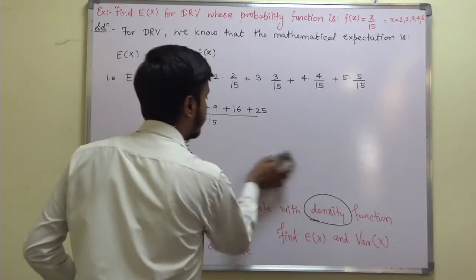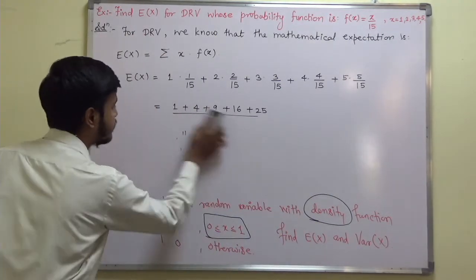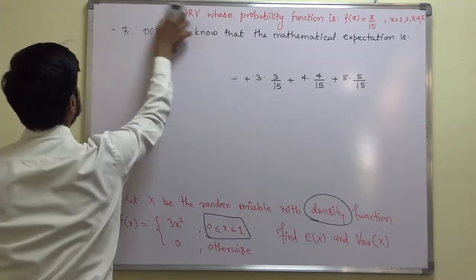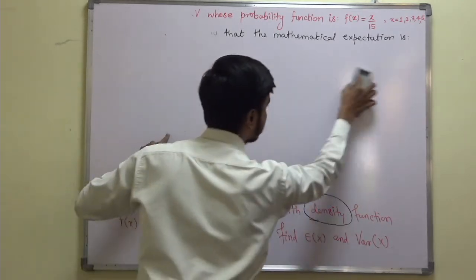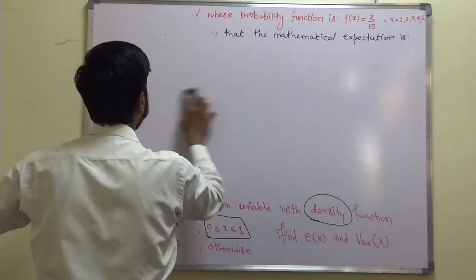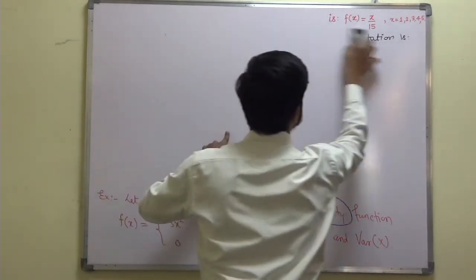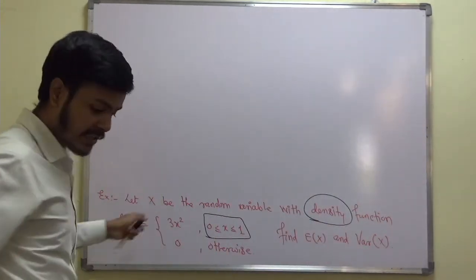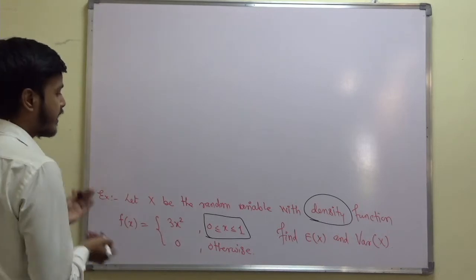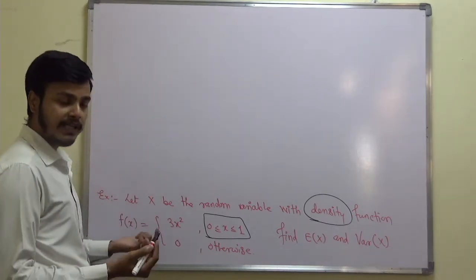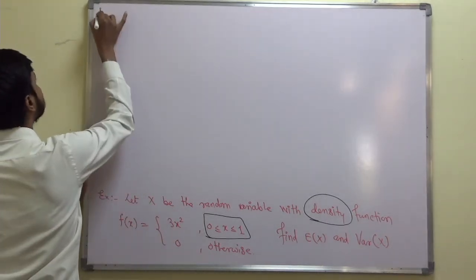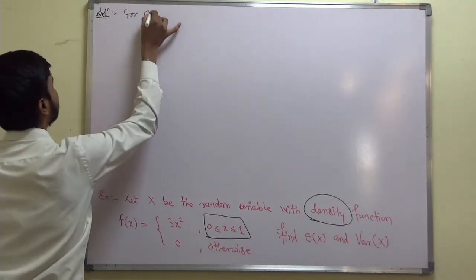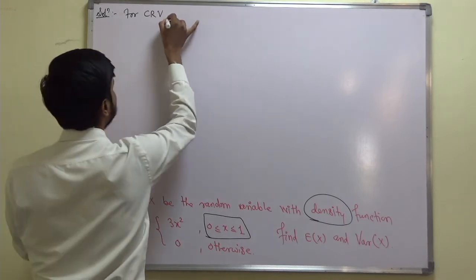Okay, now what we have to find out is the expectation, that is the mean, and the variance, that is sigma square. As you know, this is a problem of a continuous random variable, so let us start with the solution, and you can write for a continuous random variable